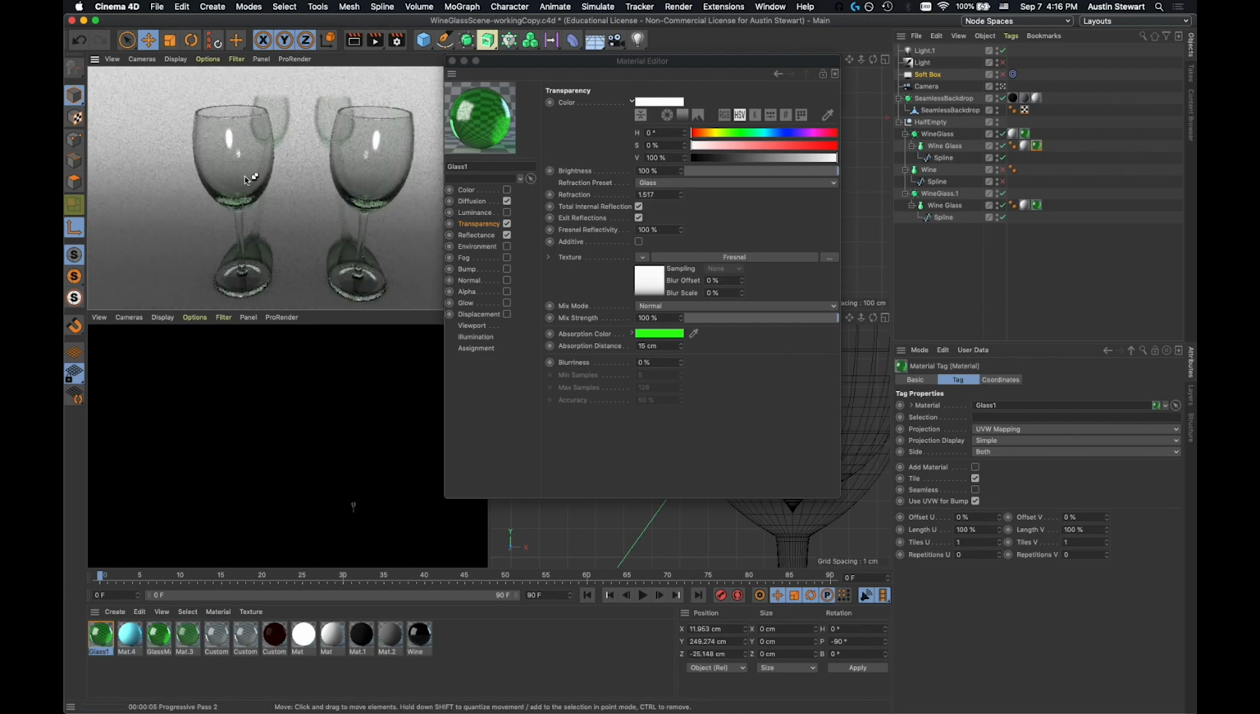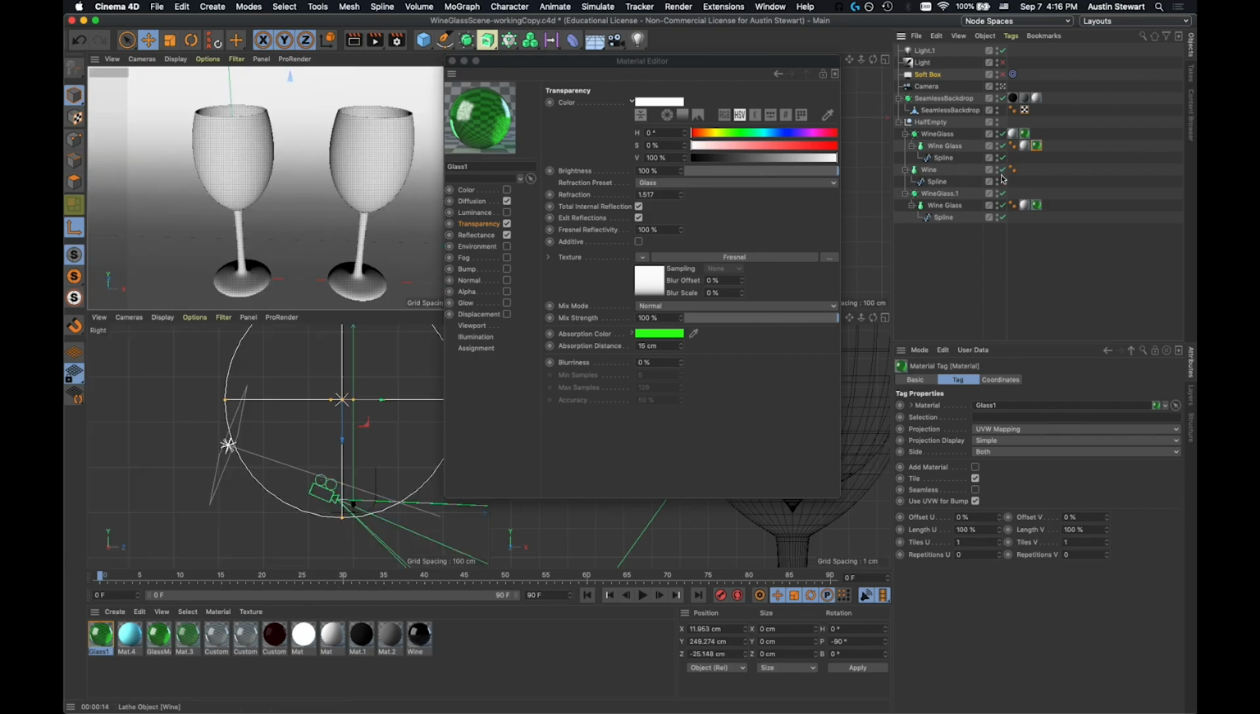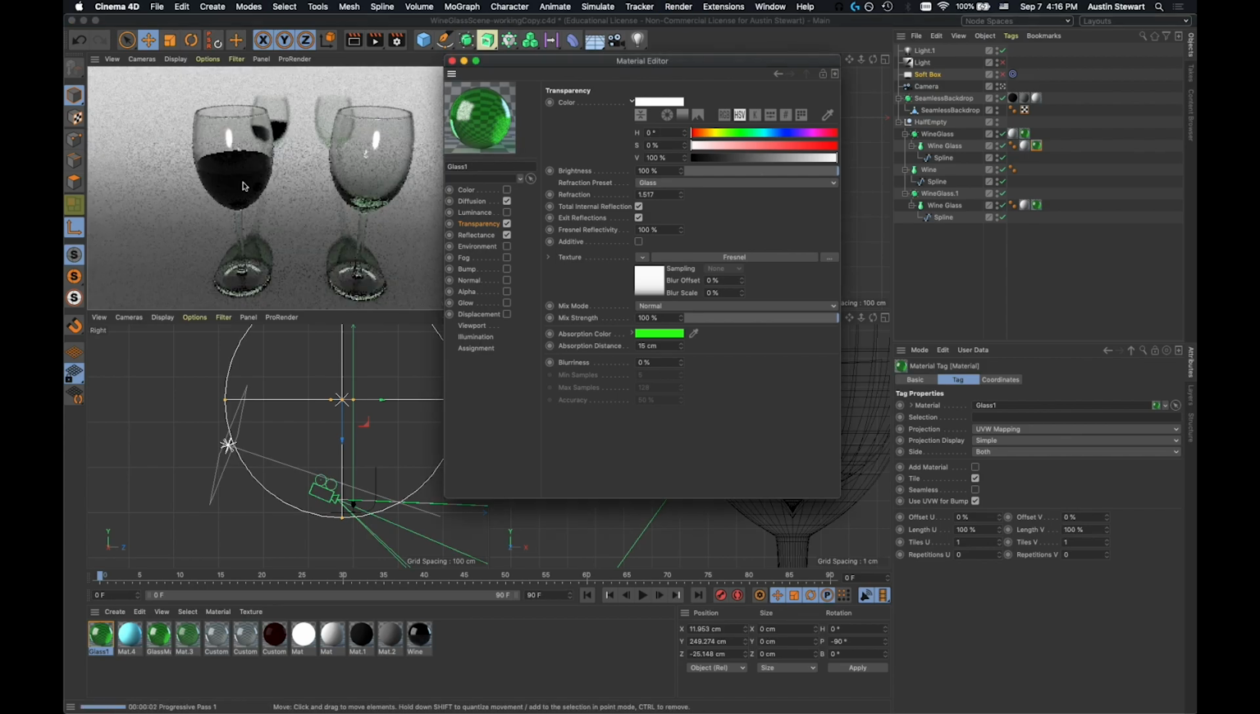Now, in my view, I turned the wine off, but I want to go ahead and show you, here in the object manager, the wine's over here. So I'm going to turn those on. And now if I render this, I've got something very, very dark